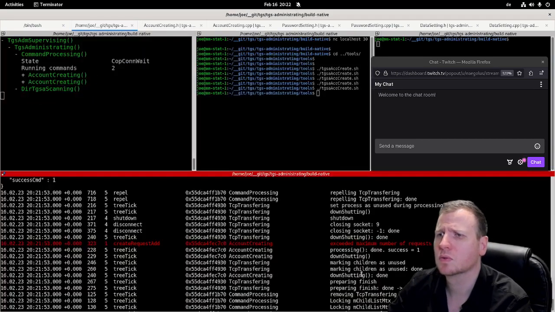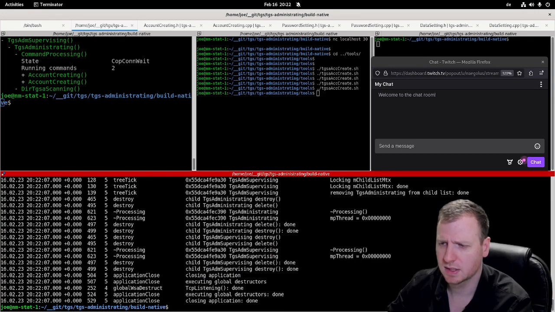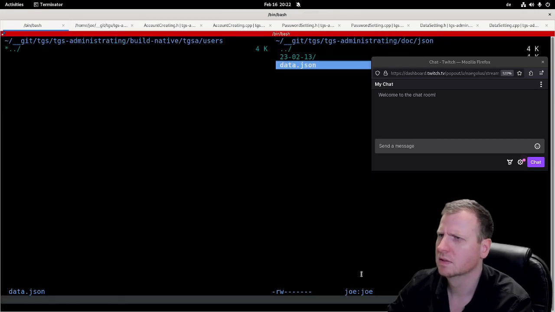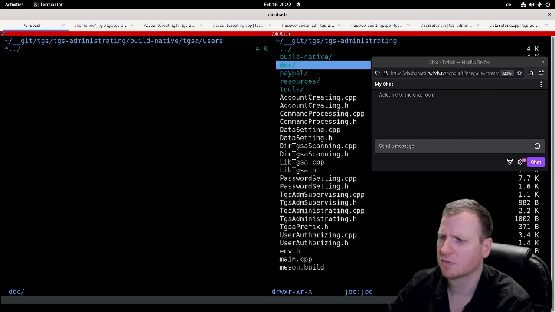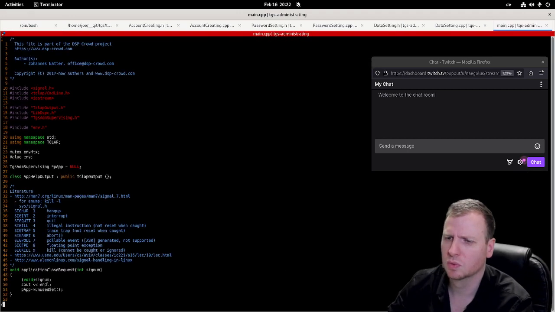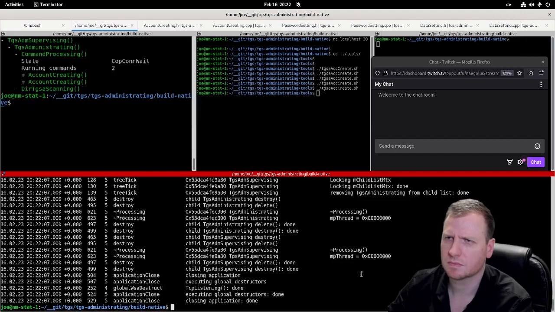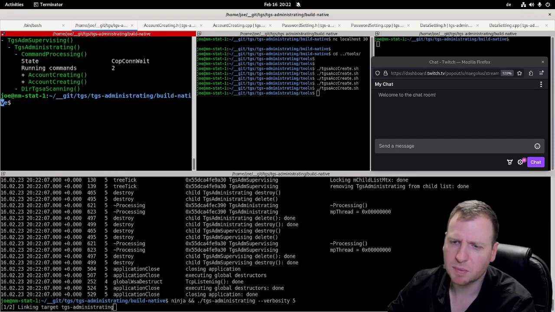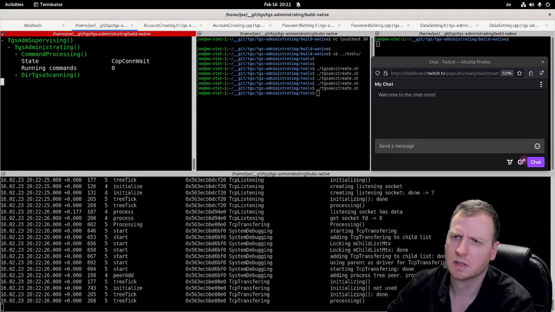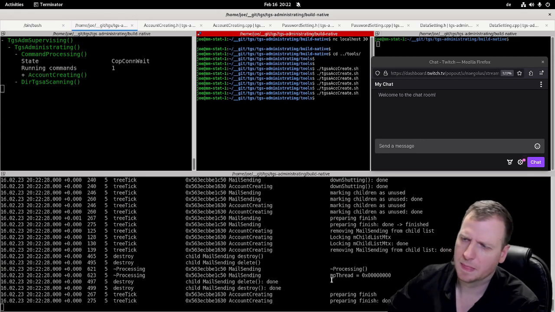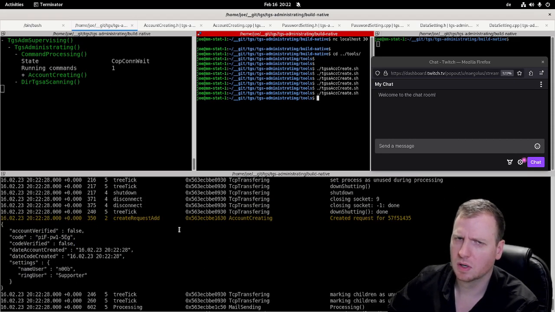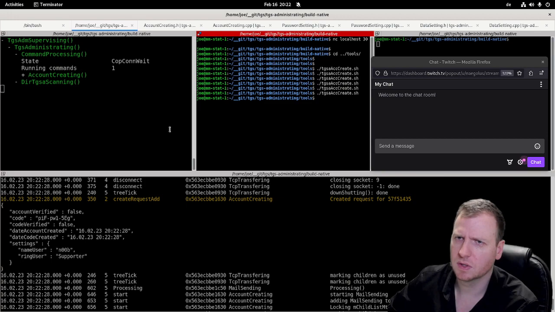But now I want to do something else, that is, I want to change the default value to, because I want to see if we should get an error if we use the same